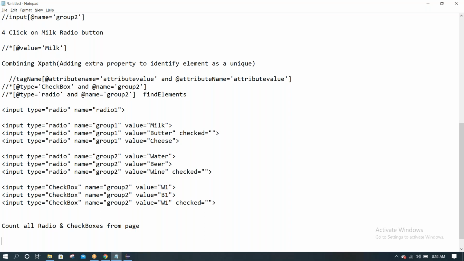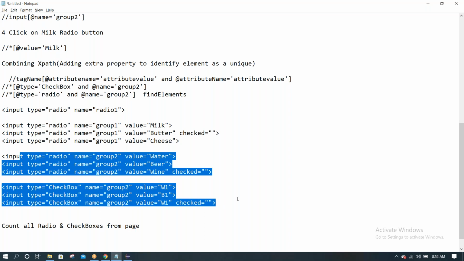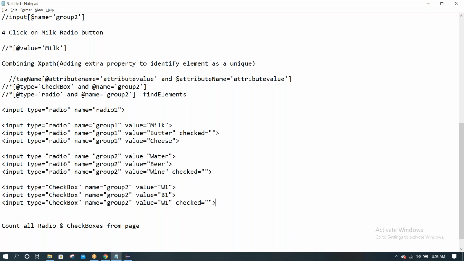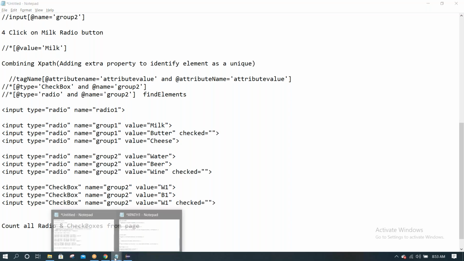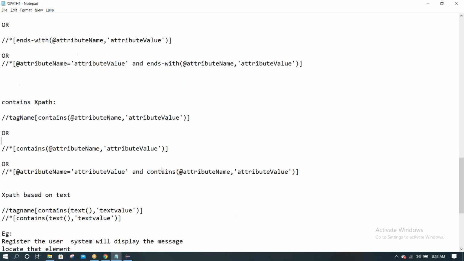Okay. Now consider these are the two radio buttons and checkboxes that are there. Now type equal radio, type equal checkbox. We cannot use this attribute, values are different. Name group 2 is there. Again checkboxes name equal to group 2 is there. We may use starts with value or ends with value like up2 or contains also. Group XPath we can write. What is the syntax?